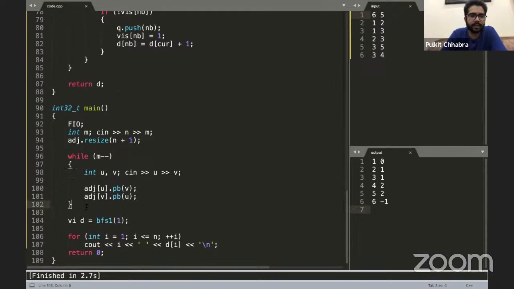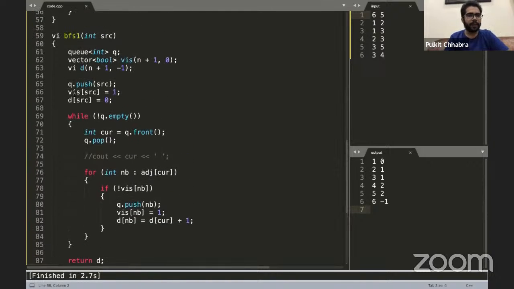So yeah, I guess this is it. And the other thing that I wanted to cover for BFS was printing the paths, right? So like I said, for printing the path, what we can do is climb up the parents till we reach the source node, and we'll have the path in reverse order, right? I'll also showcase it right now. So yeah, so what we can